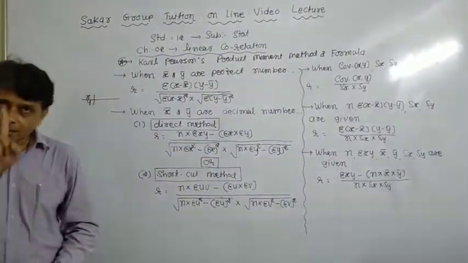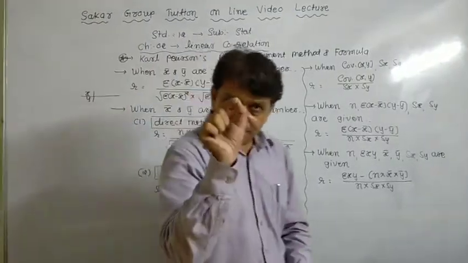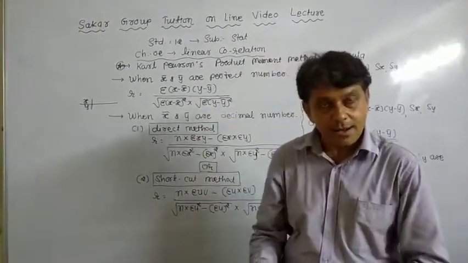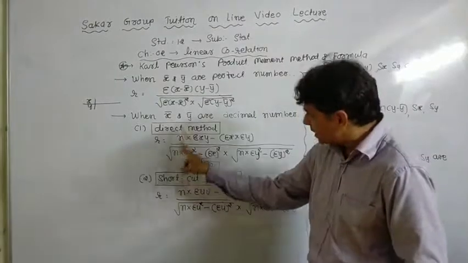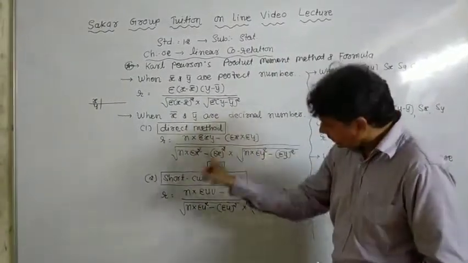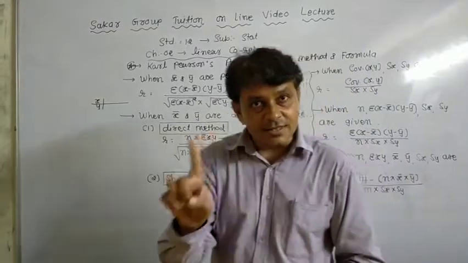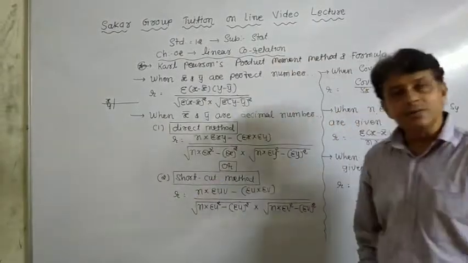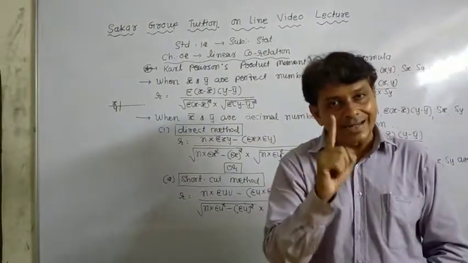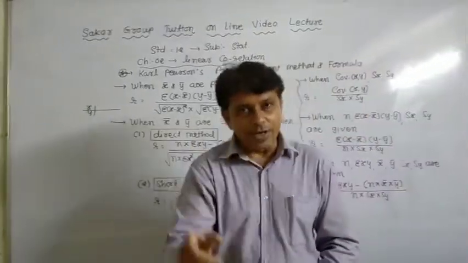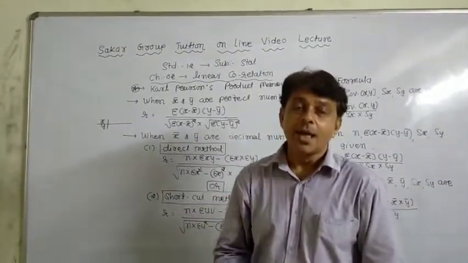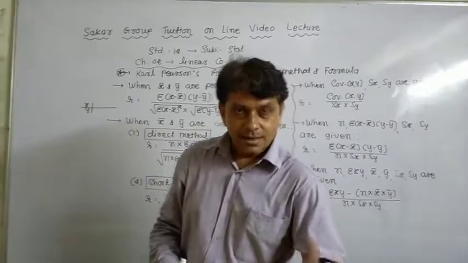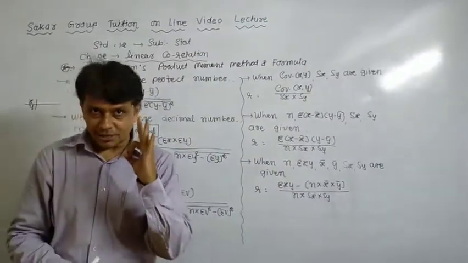First is the direct method. When you use the direct method, I repeat, if the means are decimal numbers and the number of observations or values of the variables is less than 30, then we use the direct method. This is the formula. But if the number of observations is more than 30 and the means come out as decimal numbers, then we use the shortcut method. If we remove x and y and take u and v, then it becomes the shortcut method. अब फर्स्ट थ्री फॉर्मूला की कैलकुलेशन को समझने के बाद नेक्स्ट अब थ्री अलग अलग फॉर्मूलास की कैलकुलेशन पढ़ेंगे. Okay,